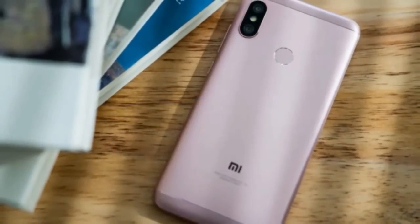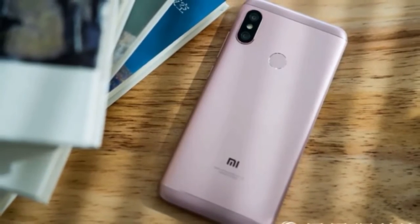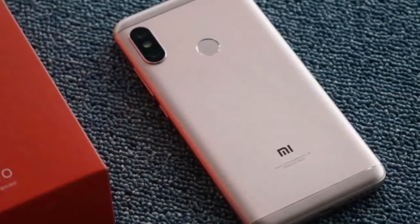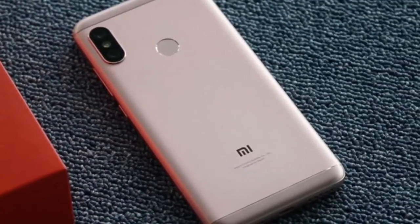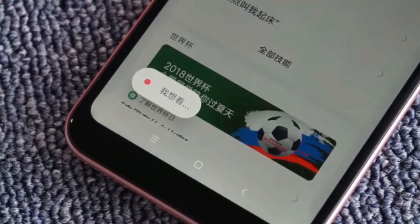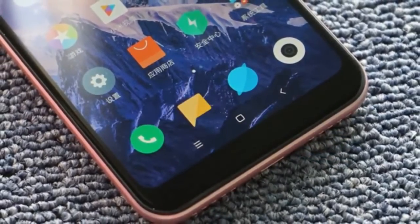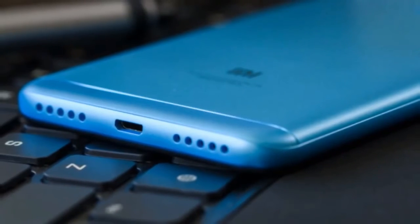In addition, the rear panel of the device is made of metal, and there is a dual camera setup, similar in design to what we have seen on the Redmi Note 5, Redmi S2, Mi Mix 2S and others. The rear camera is a 12-megapixel plus 5-megapixel dual camera setup, and there is equally a rear-mounted fingerprint reader. The front camera is a 5-megapixel sensor that supports AI portrait mode and AI face unlock. Some of its other features include MIUI 9 based on Android 8.1 Oreo, IR remote control, 3.5mm audio jack, USB 2.0